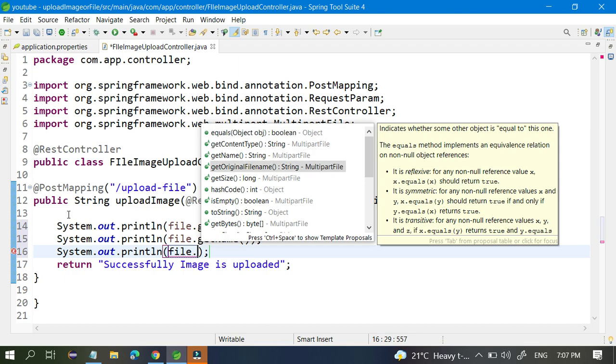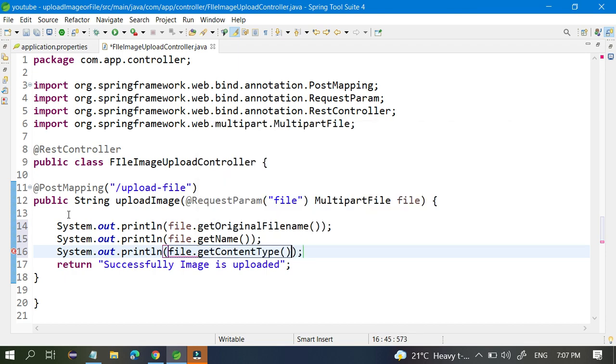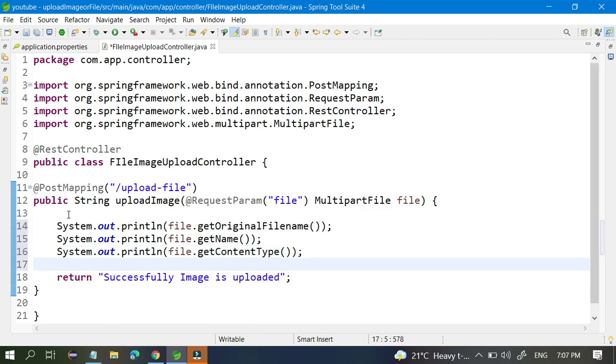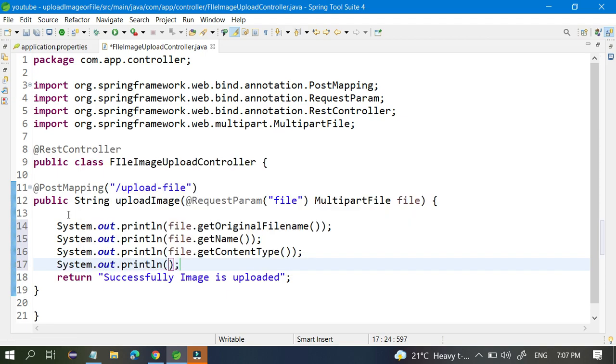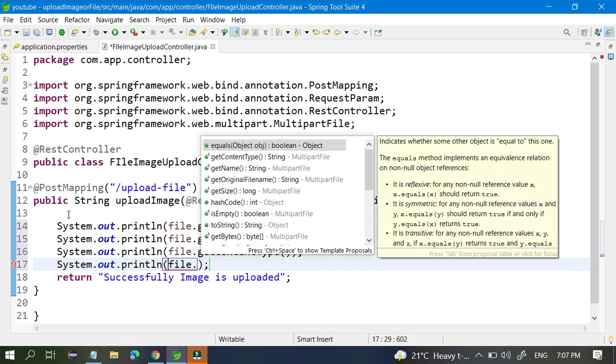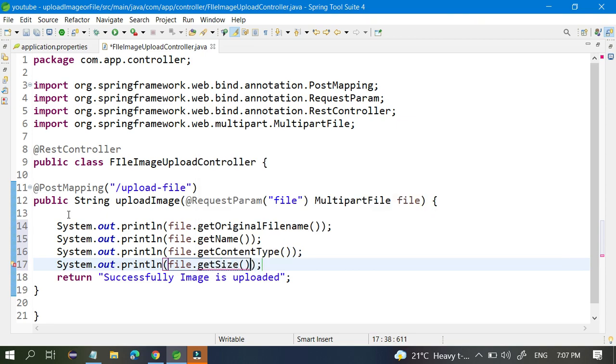So s out, because size is very important. Sometimes you have to validate, like I want this much size only. If you send more than that, then I can't receive that type of file. For example, you want to upload a profile picture and your profile image is like 100 MB. It's not a good practice. So this is the controller I made, and when the controller call happens, definitely it prints all this information about the file and successfully prints that the file is uploaded.